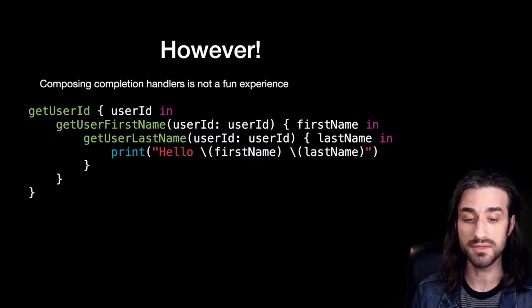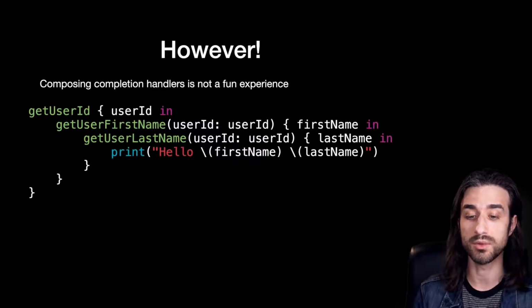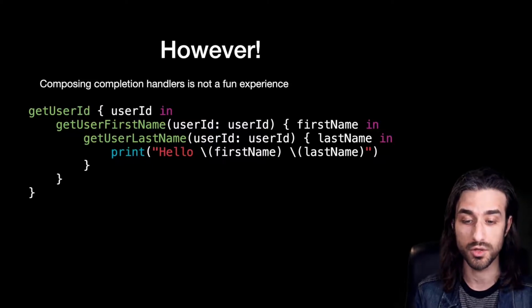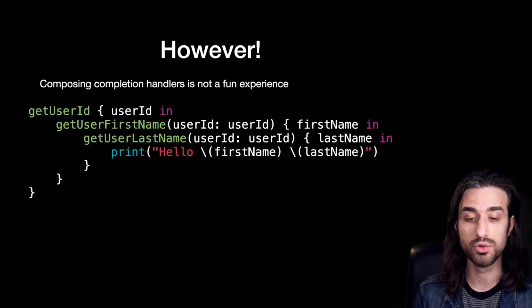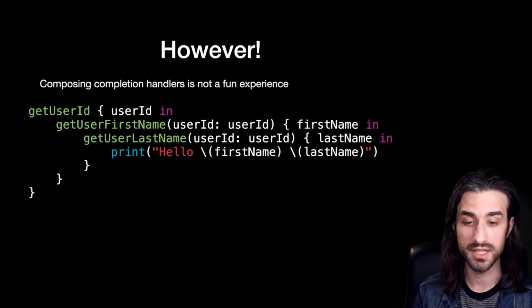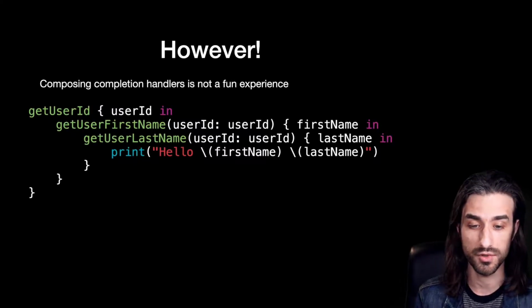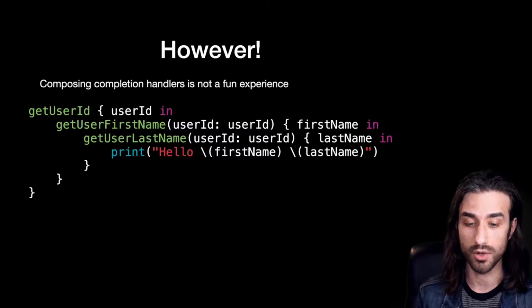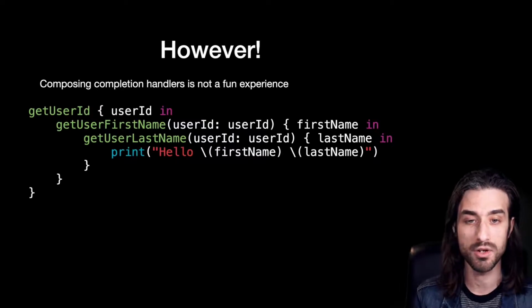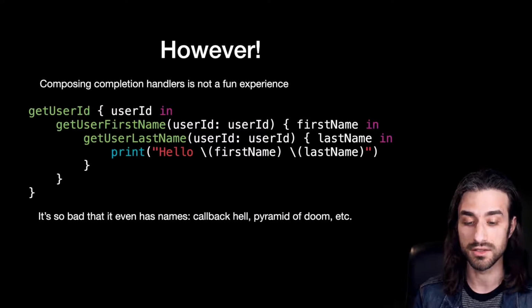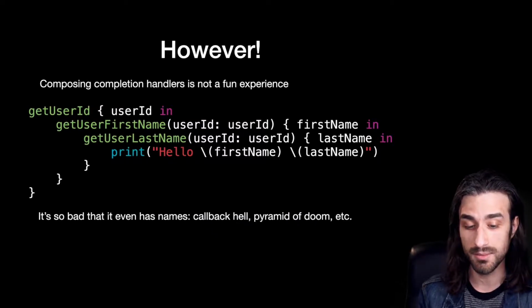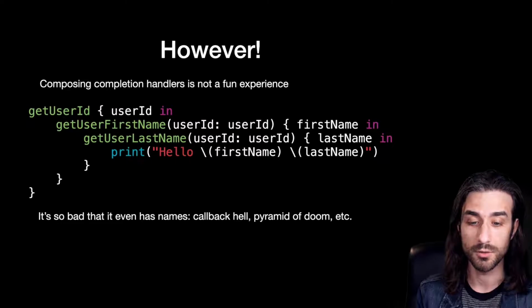Well, the naive way to compose these completion handlers is by nesting them, meaning that we are going to make the second call in the completion handler of the first call. And we can see that this is not a good way to deal with code, because with every new call, we need to add a level of nesting, and so we could say, exponentially increase the complexity of our code. And this is not what we want, because of course, if we need to make 6, 7, 8 network calls, the code is going to become unmanageable very fast. And actually, this is so bad that this situation even has some names. Some call it callback hell, some call it the pyramid of doom.